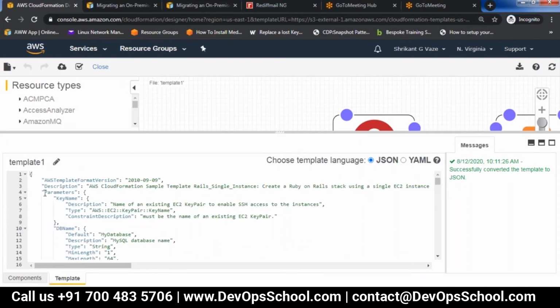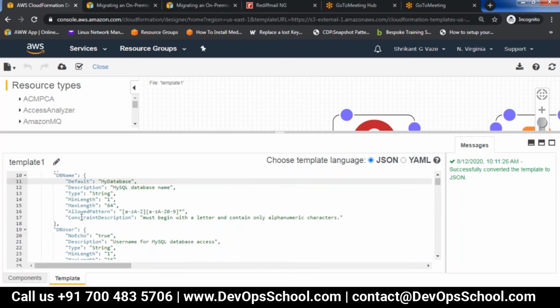Fine. So this is the parameter section. In the parameter section, I have this key name. Whatever is mentioned in the parameter section is what the user can input when this template is run. Since it is creating an EC2 instance, it will ask me the key name, what key name should be used. DB name is basically the database name the user can key in.